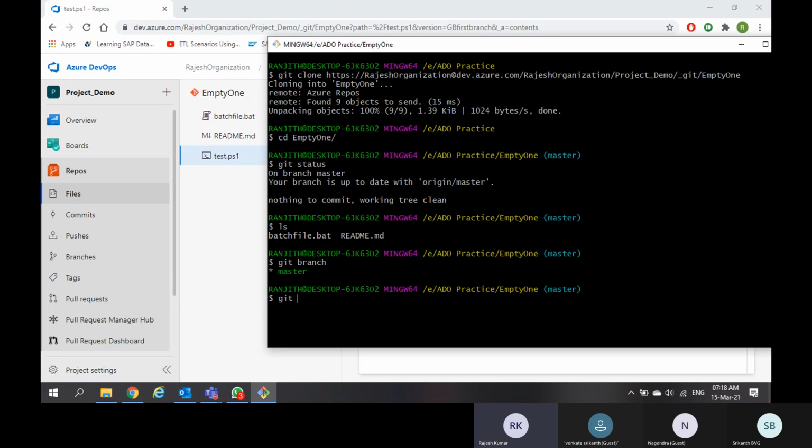Just a second, guys. When you want to see all the branches from the remote, sometimes I forget the commands and need to verify.